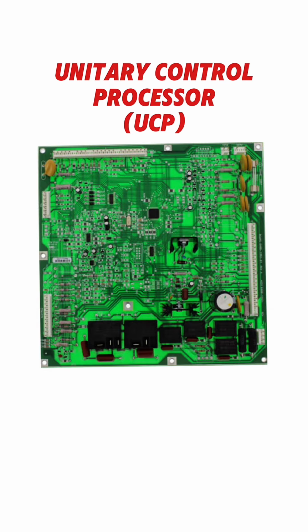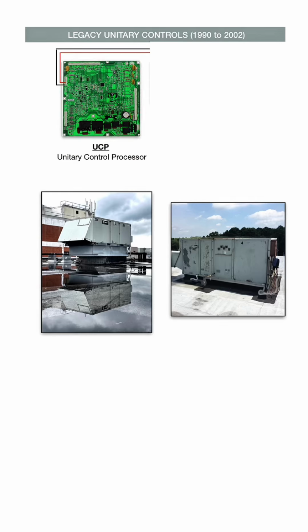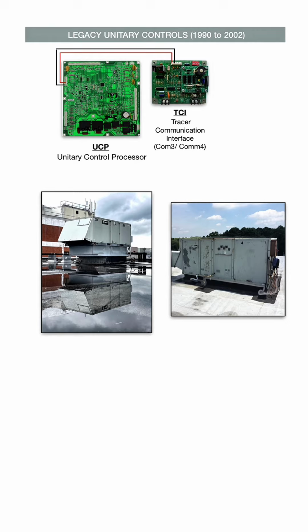The UCP was the brains of the unit, and can communicate out in two different ways, each requiring its own module. If you wanted to tie into the building automation system, you needed the TCI, or Tracer Communication Interface. If you wanted to use a conventional thermostat, you needed the CTI, or Conventional Thermostat Interface. These Voyager and Precedent units were the first Trane units to have the main supervisory control board connected to other application-specific